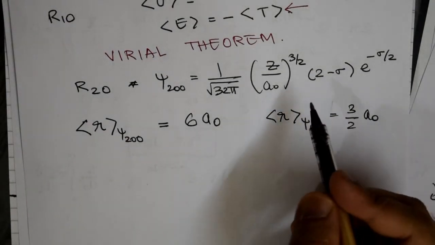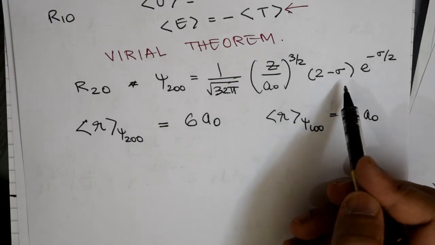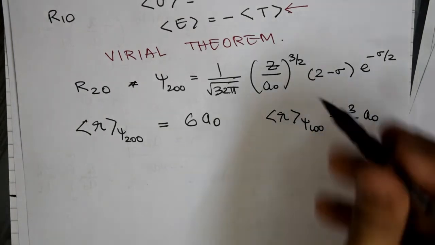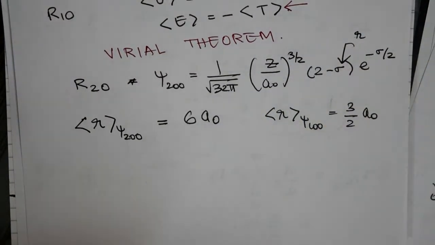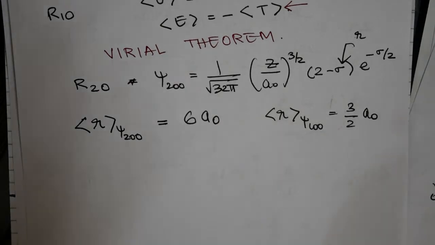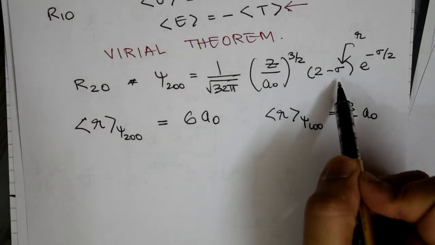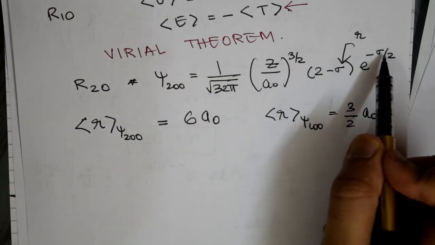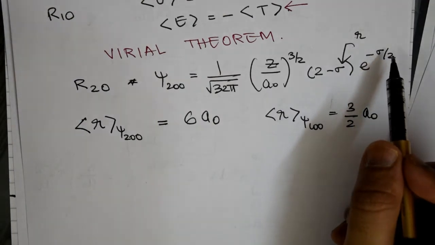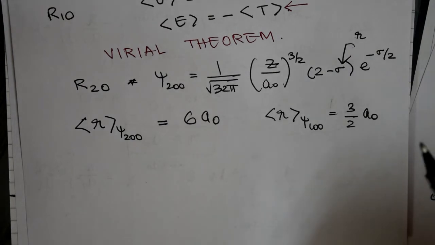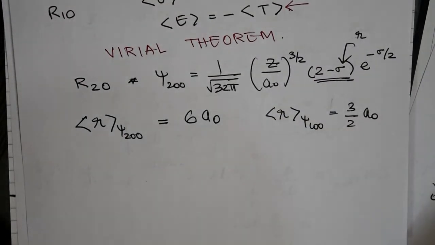One can also understand if you take the differential and try to find where the maxima ends up coming. The maxima in this case would have two different variables. This has an r component that goes with it, and you have another r component that comes from r square, right? So remember, there is r square times 2 minus r by 2a0 times e to the power minus r by 2a0. So this function comes up when you take a differential of u times v times w. Then you have to be very careful when you take this differential, and you will be able to find the maxima that ends up coming. You'll have two maxima in this case because you have an additional function that comes in the r component right here.